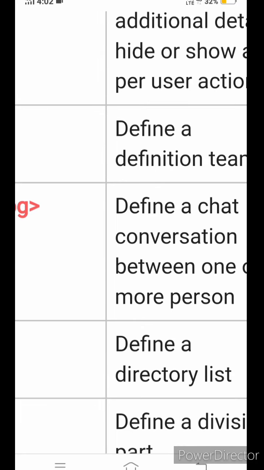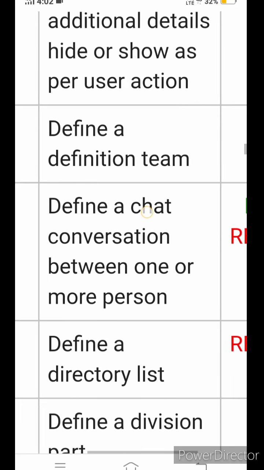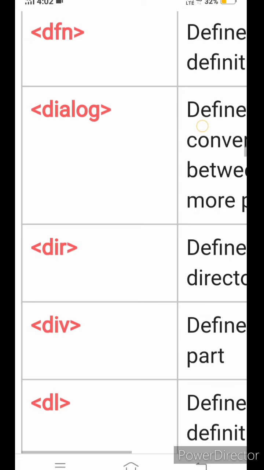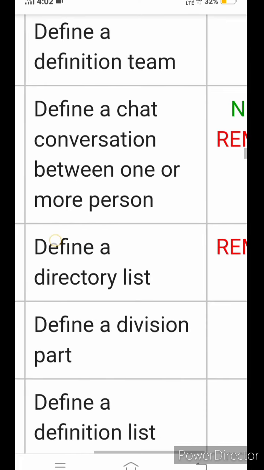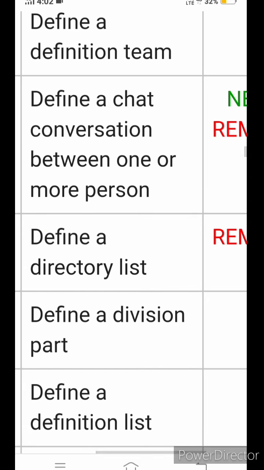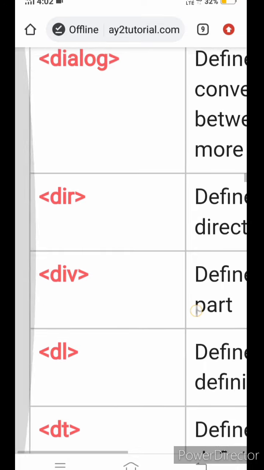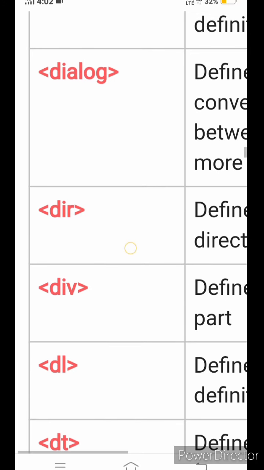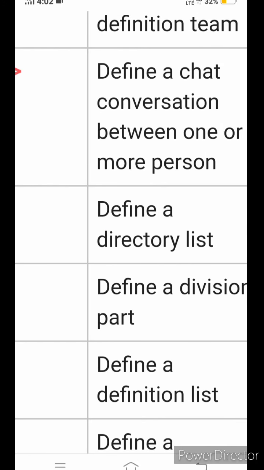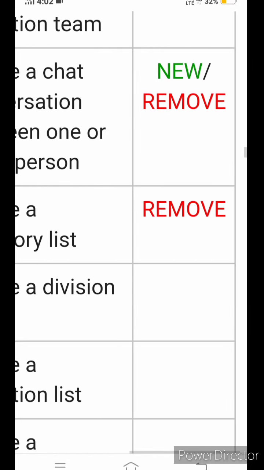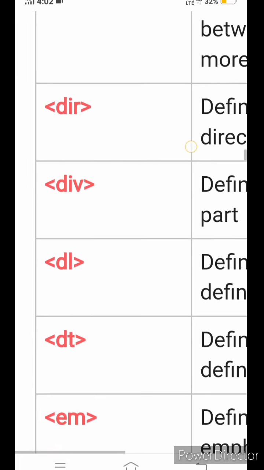DFN defines a definition term. Dialog defines a chat conversation between one or more persons. This is not clear. Dir defines a directory list. This is removed in HTML5 version.